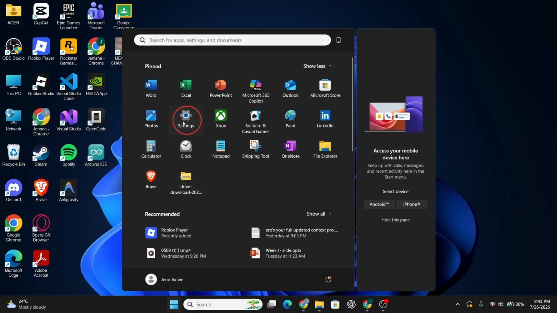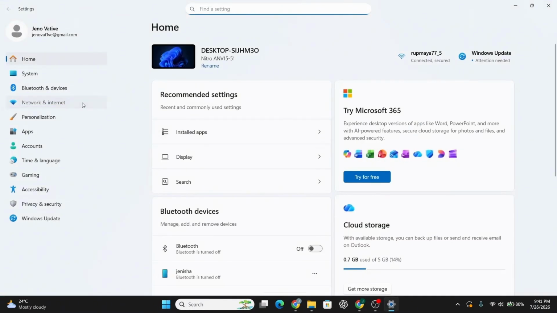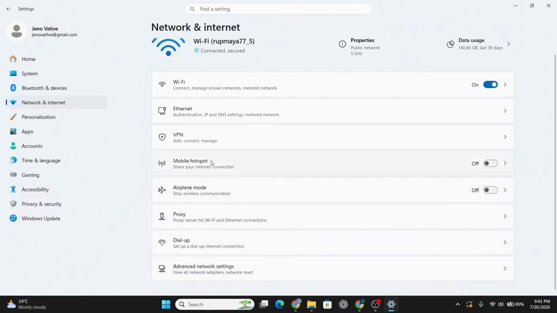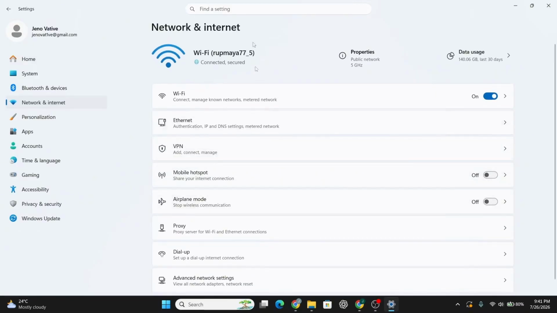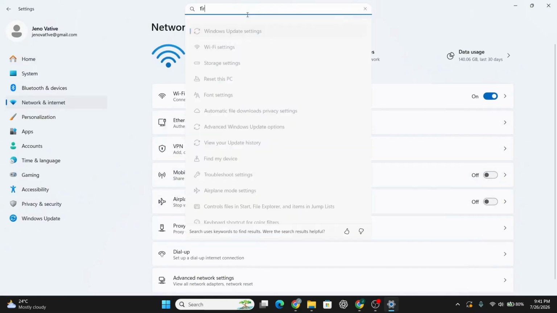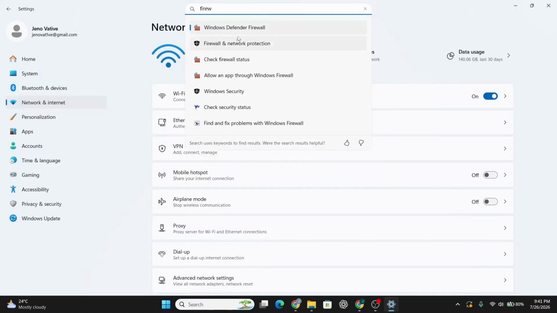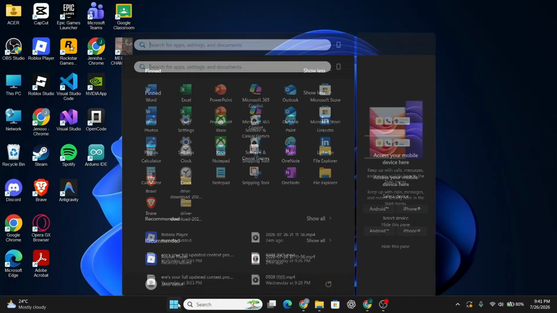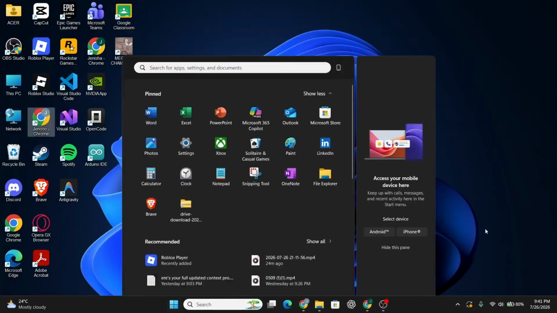From here, click on Network and Internet, then click on Windows Firewall. At this stage, make sure Roblox isn't accidentally blocked by checking Allow an app through Firewall. Keep in mind, if Roblox isn't listed there, click on Change Settings, then Allow another app, and manually add the Roblox application. Finally, restart your computer once you've adjusted these settings, then reopen Roblox to confirm the connection issue is